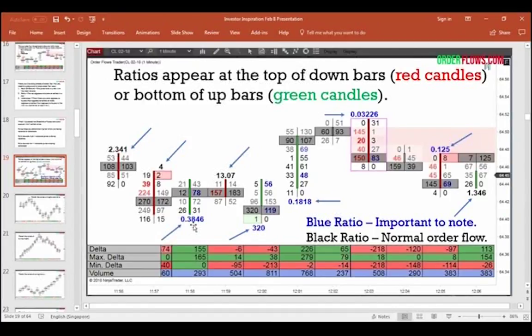And there's two types of ratios. There are two colors, rather. There are blue ratios, which are the ratios where it's something to note. It's either going to be a ratio bounds high or a ratio bounds low, and that's important. Please take note of those. If it's a black number, as you see here, black, black, black, black, that just means that's your normal order